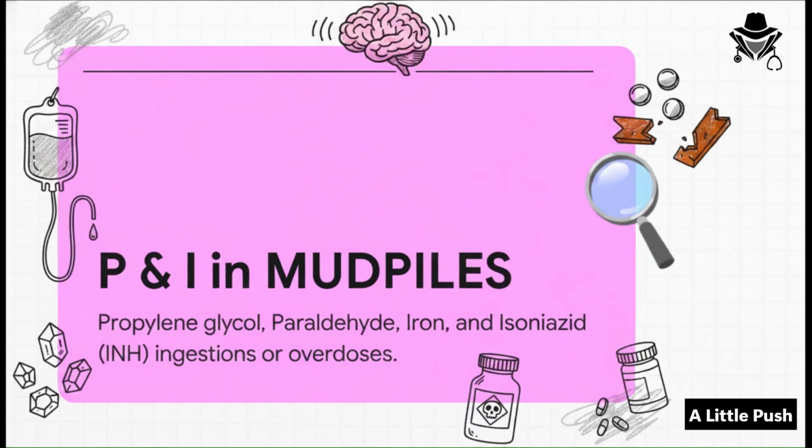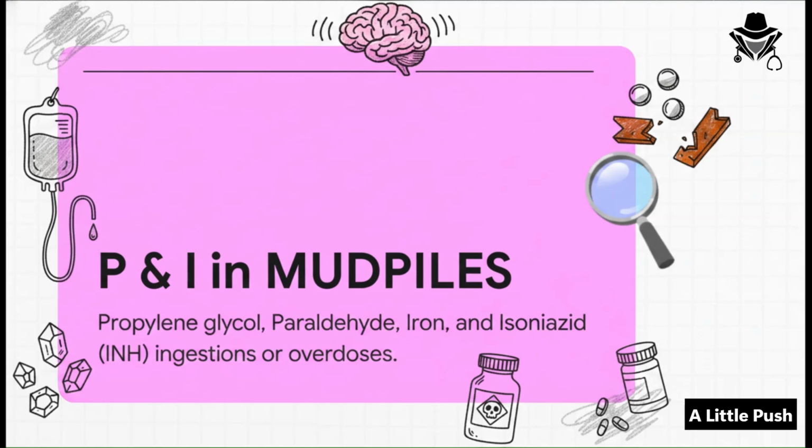Moving right along to P and I. P stands for propylene glycol, or paraldehyde. Now, paraldehyde is this older sedative you really don't see much of anymore. But propylene glycol? That is super common. It's used as a diluent for IV meds. Think high-dose diazepam or lorazepam. Hit a patient with a massive dose of those, and boom, they can develop an anion gap acidosis. Then we've got I, which is for iron or isoniazid, commonly known as INH. Iron overdoses are just notoriously toxic. And INH, that classic TB drug, is a huge high-yield trigger for refractory status seizures, which, you guessed it, drives